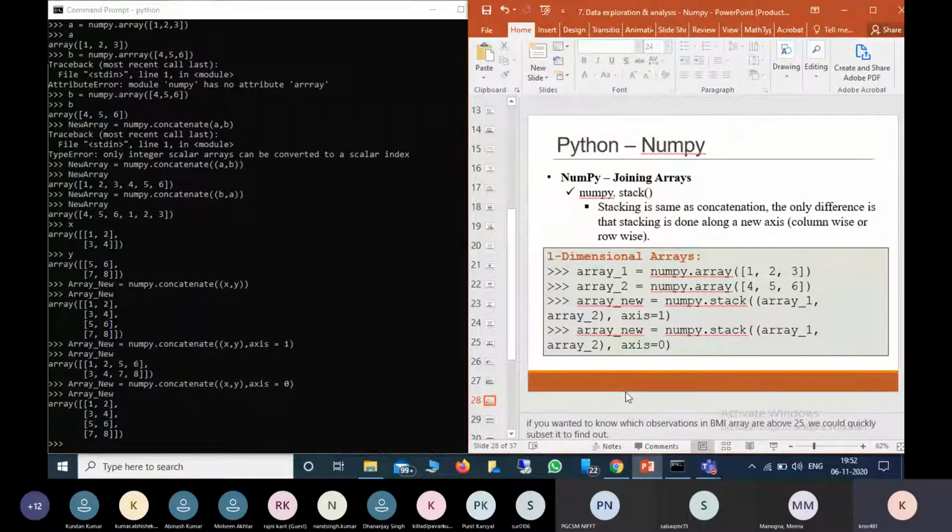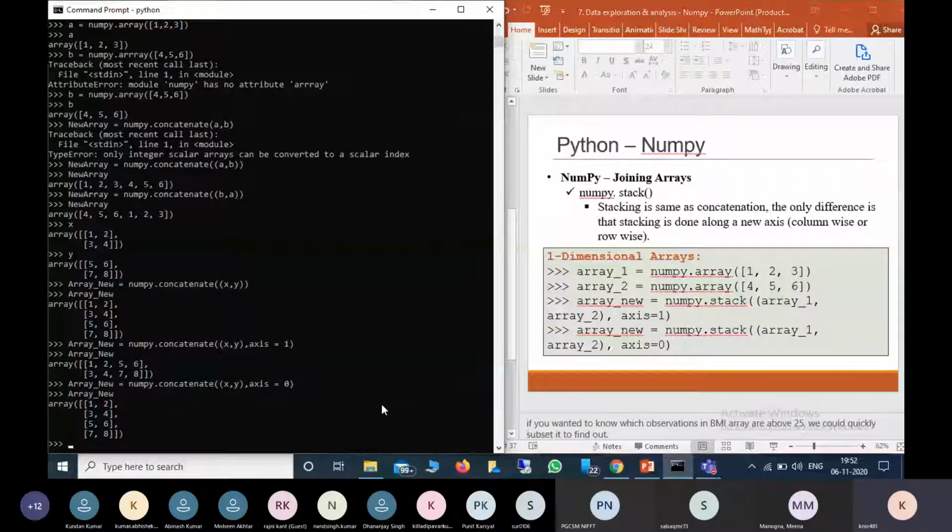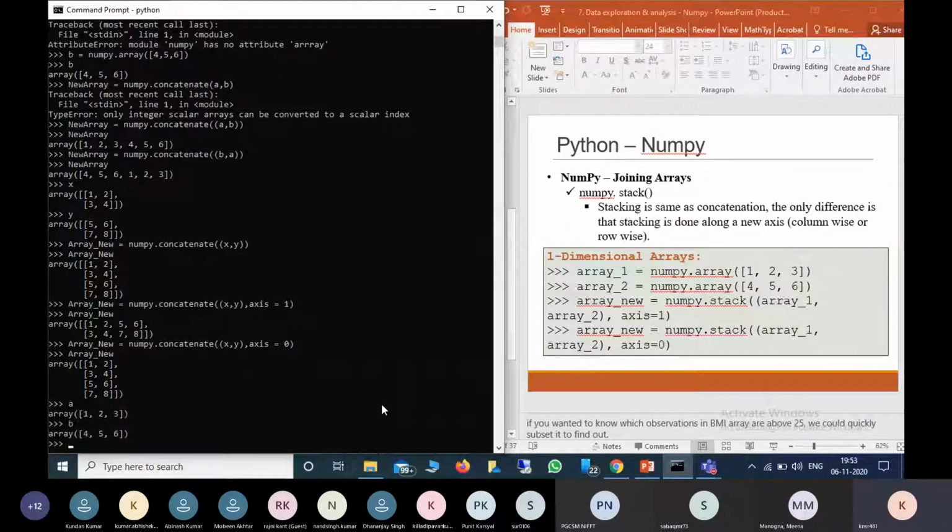For example, we can do it for a and b, which are 1D arrays. We already have a, and here we have b.